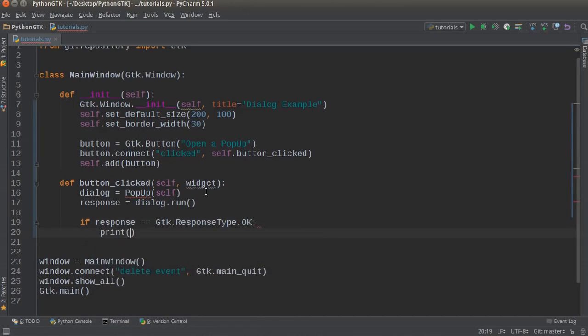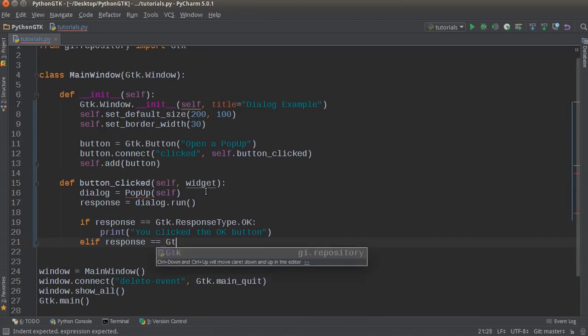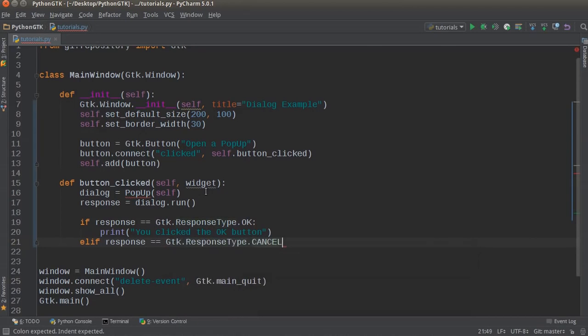So if the user clicked the OK button, what do we want to do? Well, let's just print out "you clicked the OK button." So in this little demo, the pop-up will just have an OK button and a cancel button, and we'll add a little prompt like, are you sure you want to look at pop-ups or something. Alright, so elif